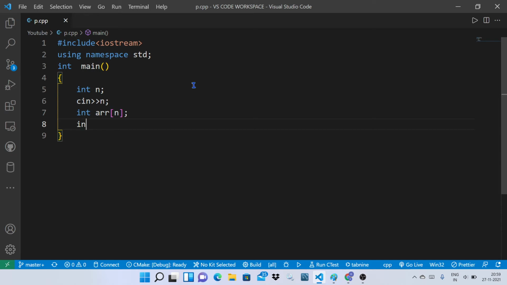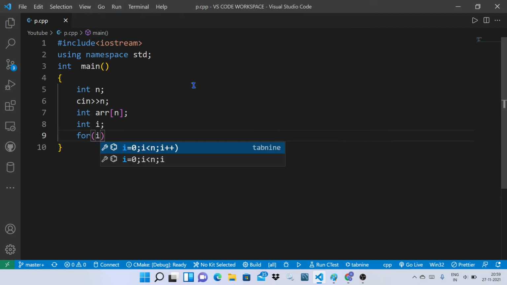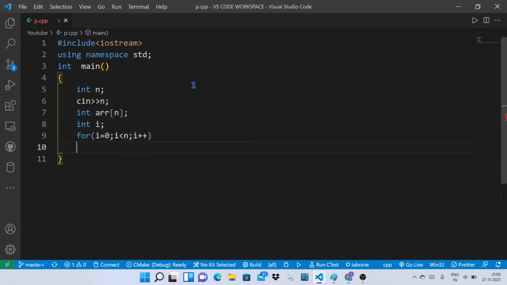So for that I am declaring one more variable i, which is my counter, iterative variable. Inside the for loop I am getting the array elements, cin >> ar[i].